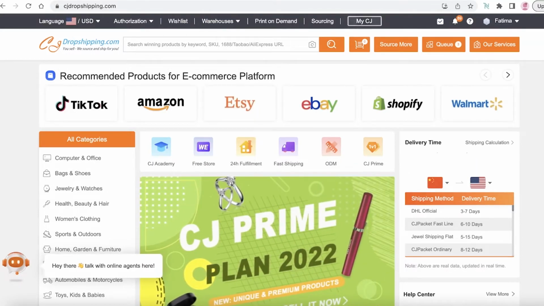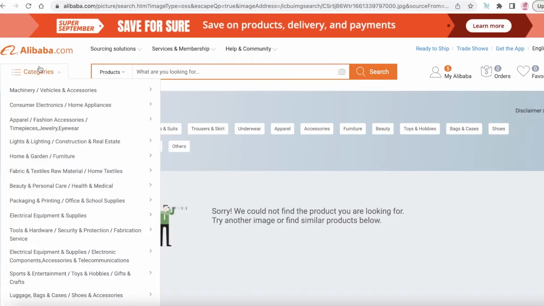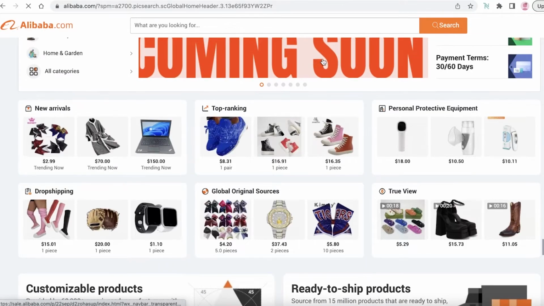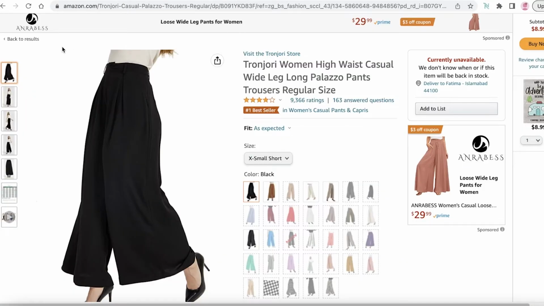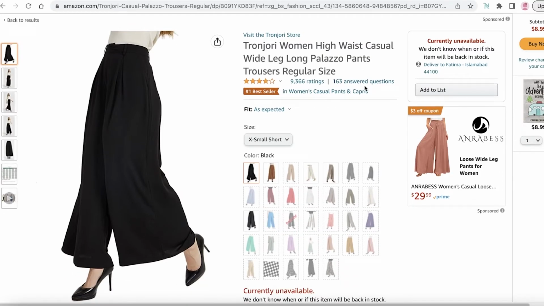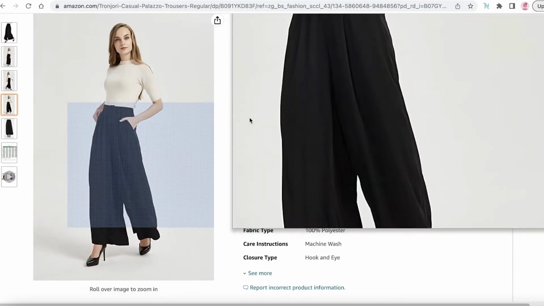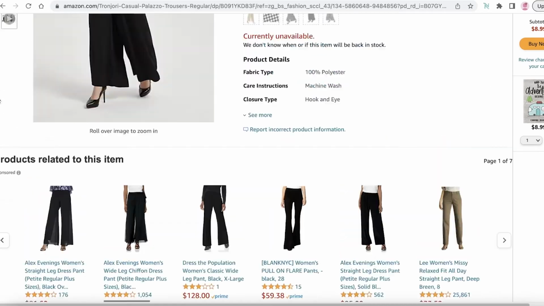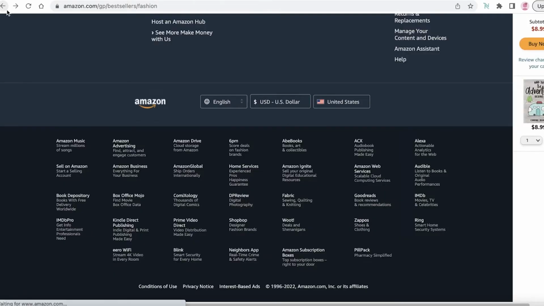But if you're someone that is more seasoned professional, then I would recommend that you get your products from Alibaba because you're going to get the best prices, and you can sell them on Amazon from Alibaba as well. So that is another great strategy for dropshipping. If you're able to warehouse some of the products yourself, then it's going to be super amazing if you're going to sell them on Amazon. But even if you can't warehouse them, you can add the shipping time. And a lot of people on Amazon do, they're looking at the bestsellers and they're like, hey, I can probably find this at a lower price, and you can easily get people to buy your item instead.